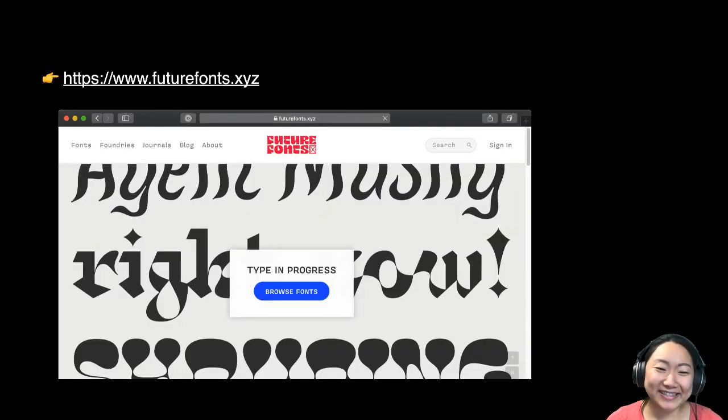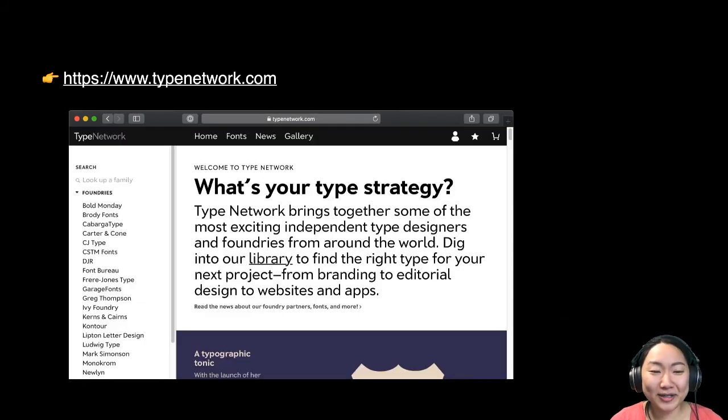And there are the more typical platforms where it allows you to try it out just on the website, and then you can purchase it if you would like. Future Fonts is a great experimental platform. It says that they sell type in progress right on their website, and I think that gets to the core of what they do. They feature a lot of type designers and foundries that are working on typefaces, and you can buy typefaces at their earlier stages of development for a lot cheaper than how it would be when it finishes. So it's almost like the Kickstarter of typefaces, if you will.